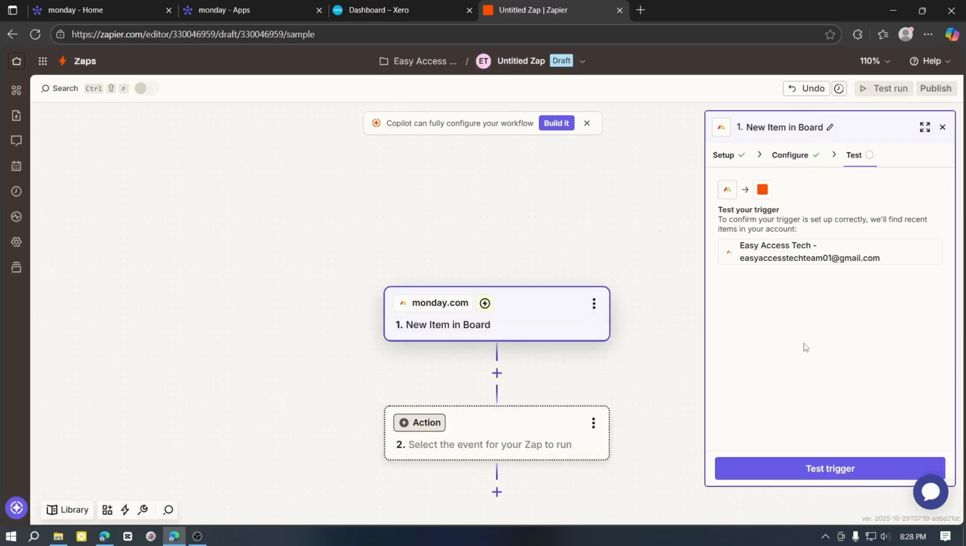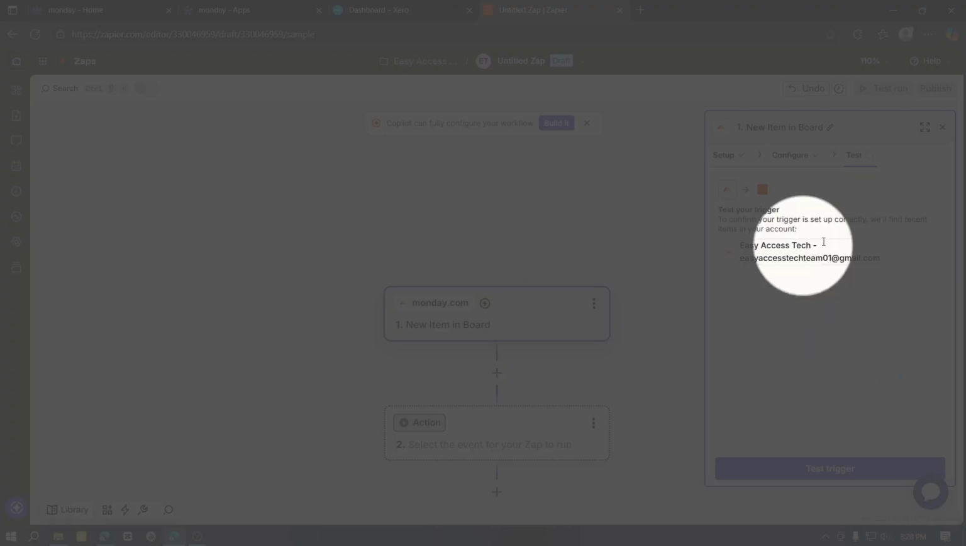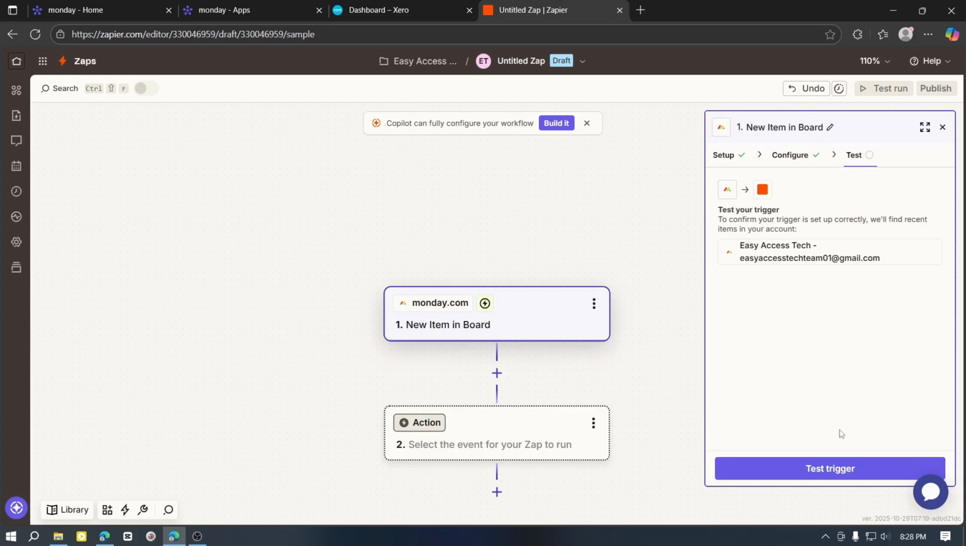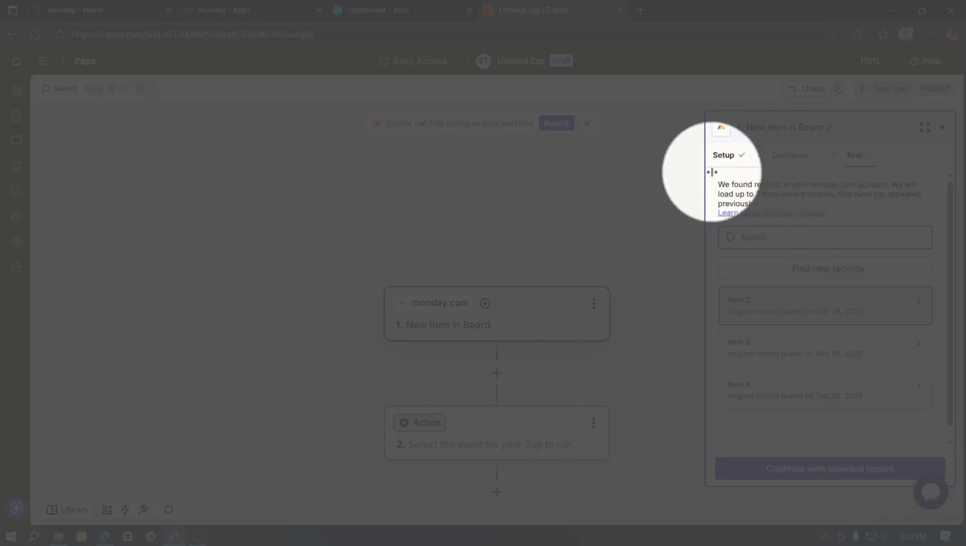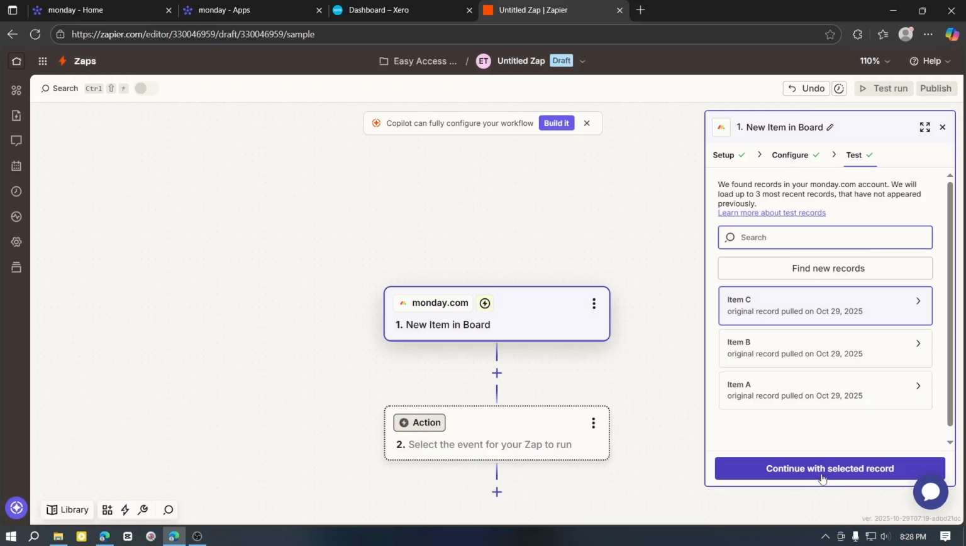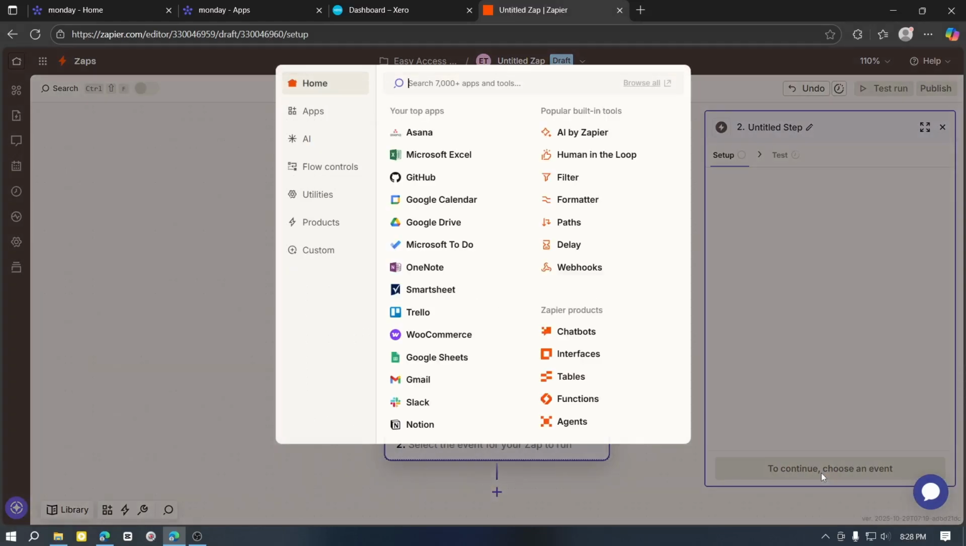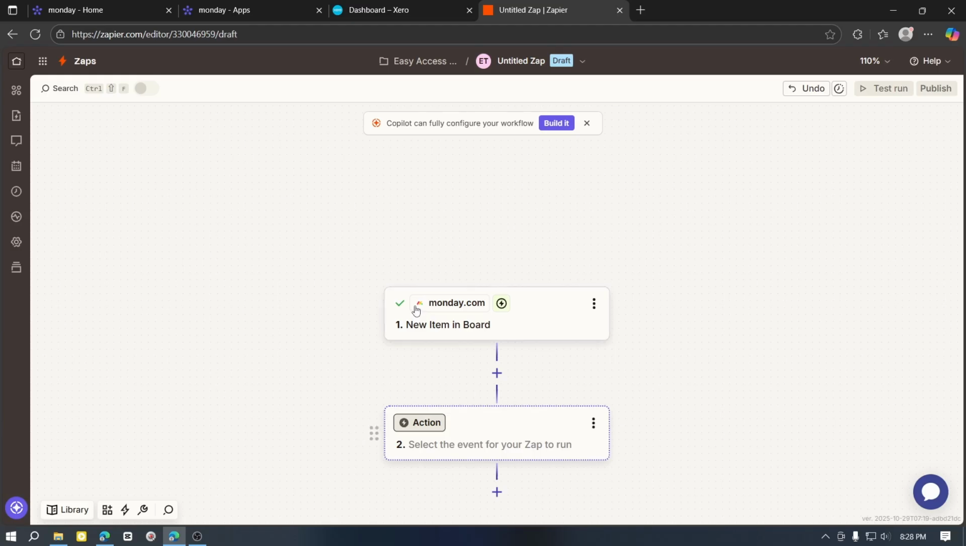Now if you want, you can test if your trigger is okay or not, if it's working correctly or not. So let's test it. Okay, so our integration is working. So let's continue with the selected record. Now it is basically for the action. If I show you, it's already selected or completed. Now click on this for the action